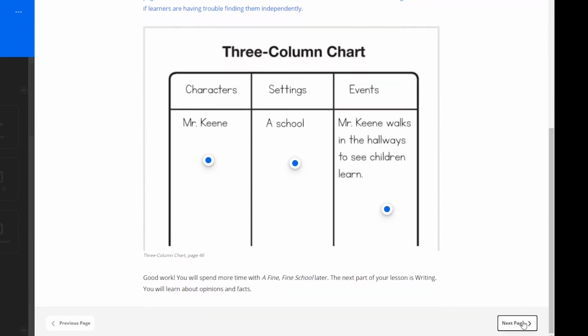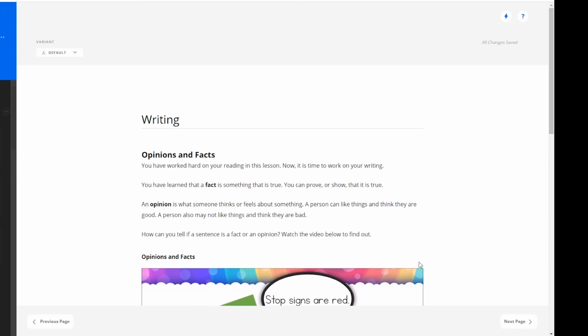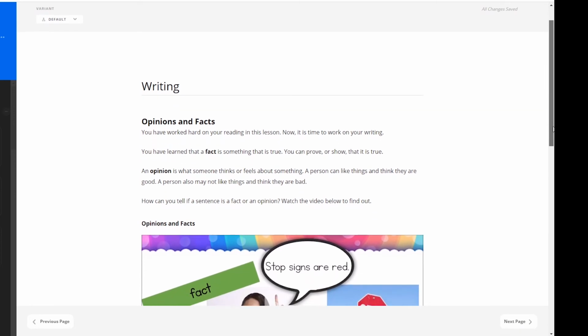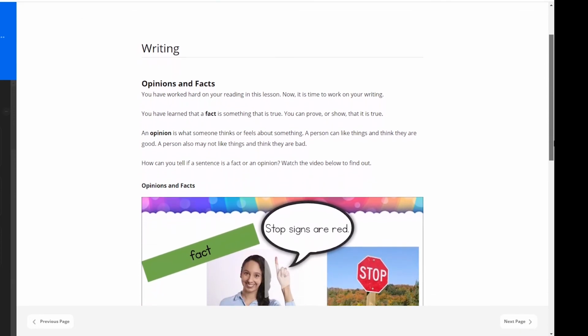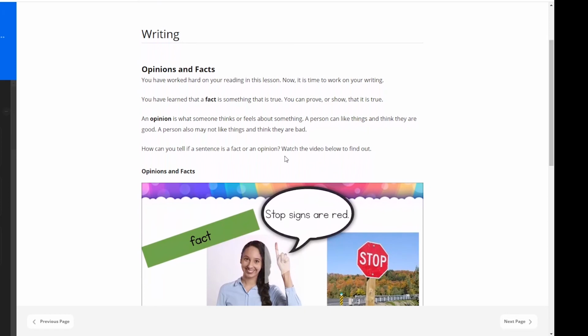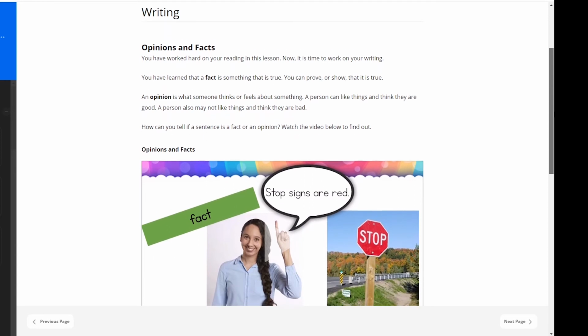As students complete the reading portion of their day, they will move on to writing. You may find your learner needs another break before starting the next section of the lesson. In this writing lesson, learners are working on fact and opinion. You will notice that students are working with written text to read, video, and audio tools as they practice to